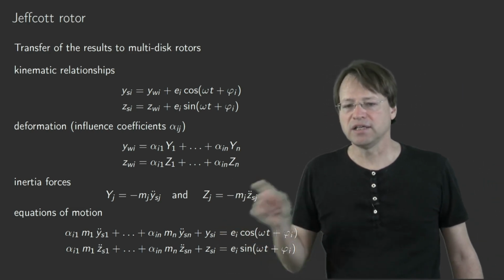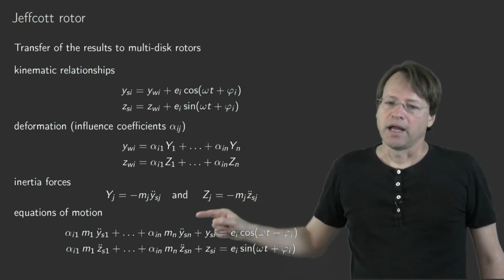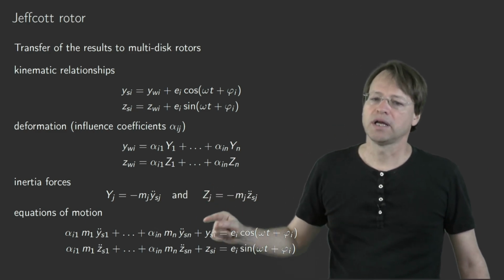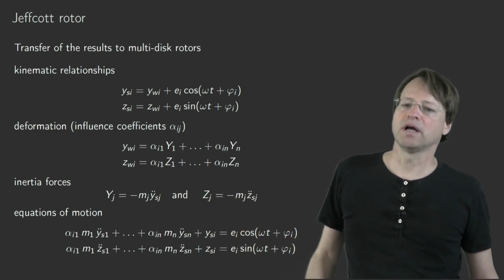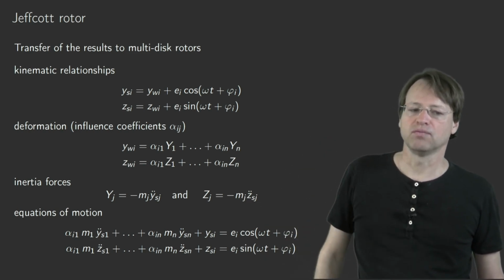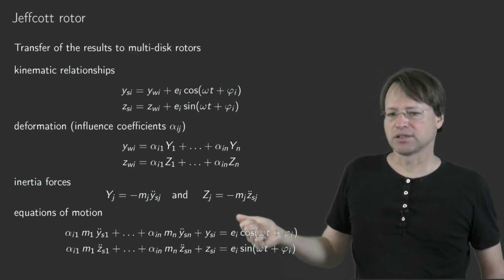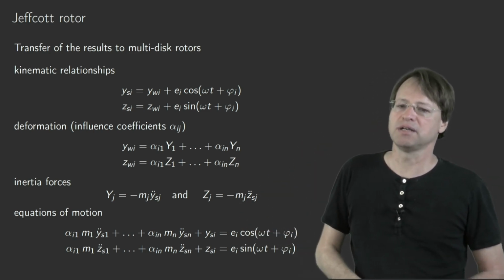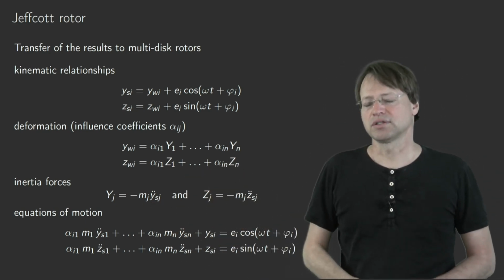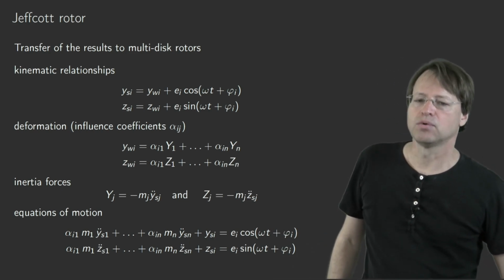So we have 2n equations in total: n equations in the lateral direction for all these disks 1 to n. We have one equation of motion in the lateral direction and one in the vertical direction. If all these coefficients are the same, so the masses are the same and the stiffness properties are the same in the lateral and vertical directions, so that the influence coefficients are the same, you just need to determine n influence coefficients, then you would have n